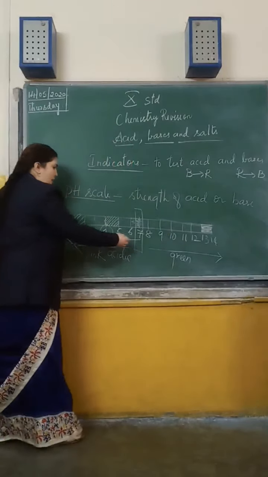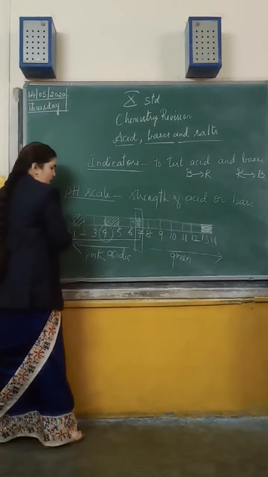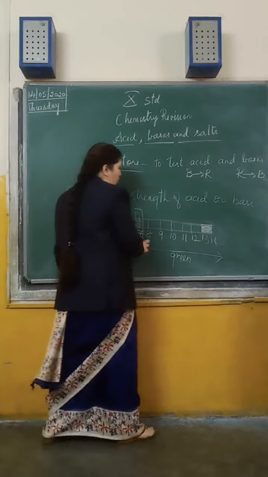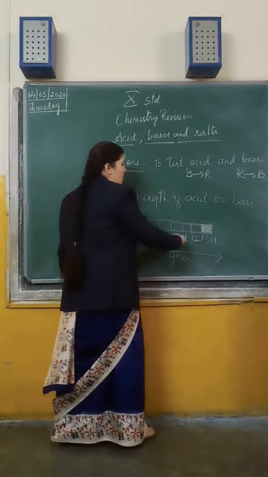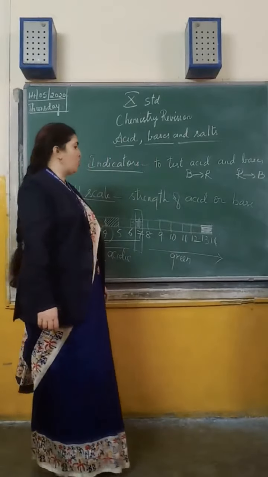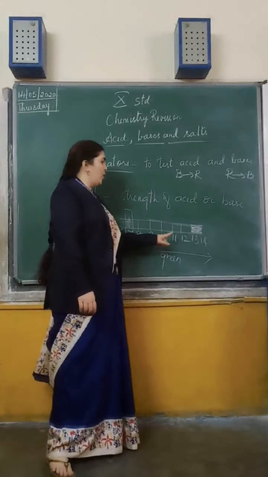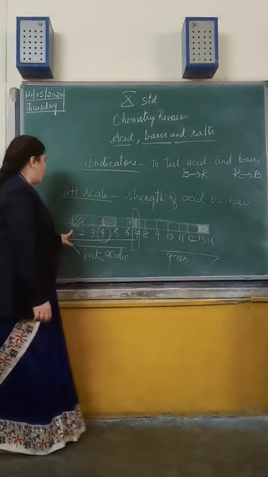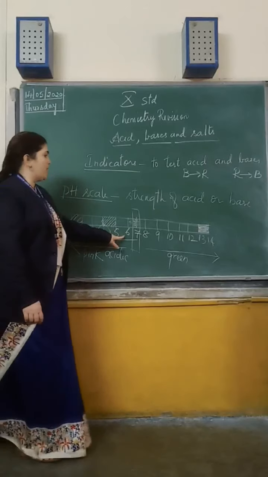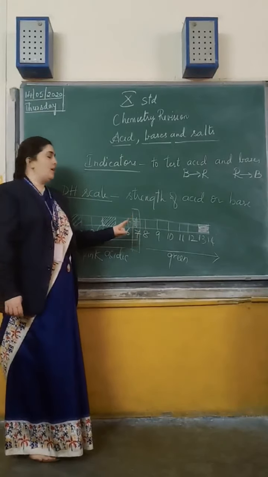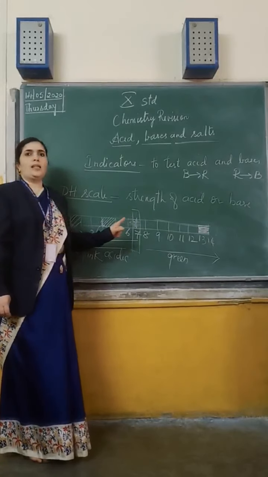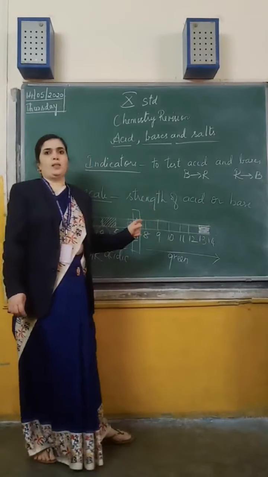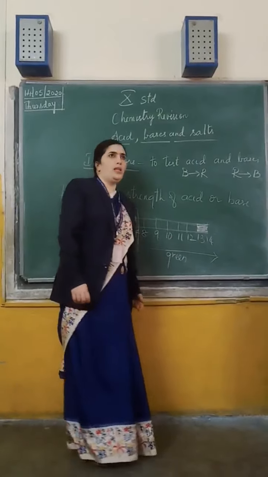So when you are decreasing from 7 to 1, the hydrogen ion concentration is more. As you go from 7 to 14, the hydroxyl ion concentration will be increasing. When you come to 14, it is highly alkaline, highly basic. When you come to 1, it is highly acidic. Around 5.5, 6, 6.5, that is weak acidic. When you take 8 or 9, it is weak basic. Like that. So pH is nothing but the scale.